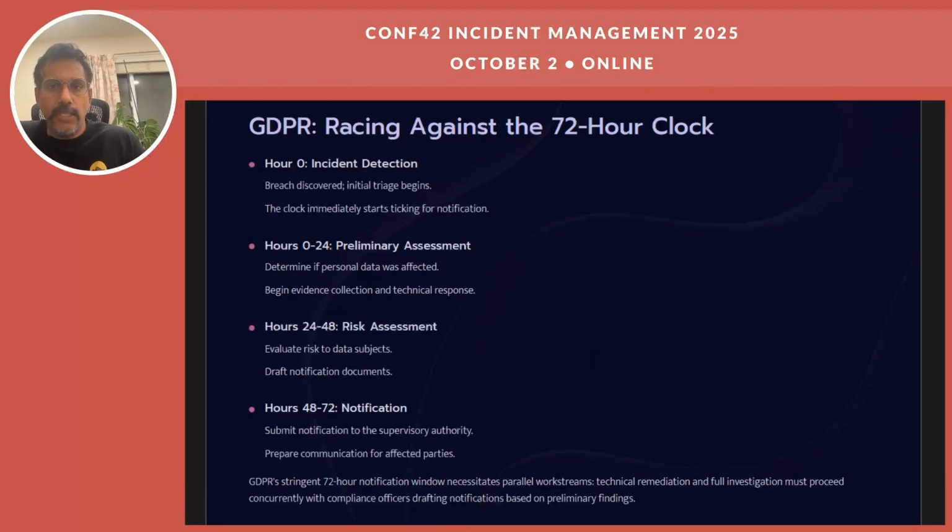Let's move to GDPR. The key thing to know about GDPR is that it is about racing against the 72-hour clock. It starts from hour zero, when the incident is first reported through an alert or any other automated detection mechanism. Hours 0 to 24 is where the preliminary assessment is done. The most important thing is to determine if any personal data was affected and then begin evidence collection for